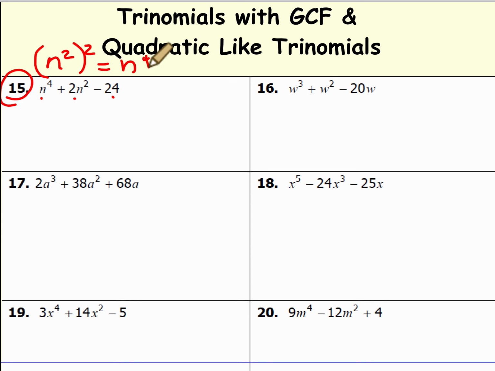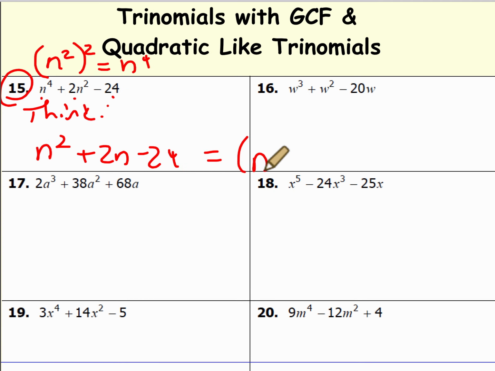So I'm thinking that this is similar to n squared plus 2n minus 24. And I know that would factor as n minus 4 times n plus 6, because negative 4 times 6 makes negative 24, and negative 4n plus 6n makes 2n. But that n value isn't worth an n, it's worth n squared. And if I multiplied that out, I would get n to the fourth plus 2n squared minus 24. And now there's one more thing I can do to factor this